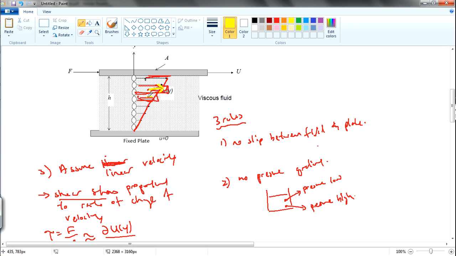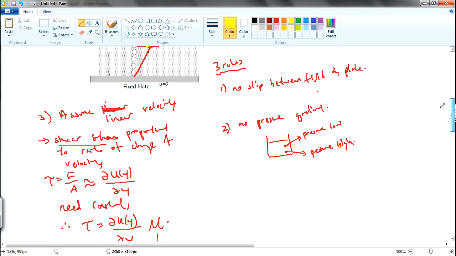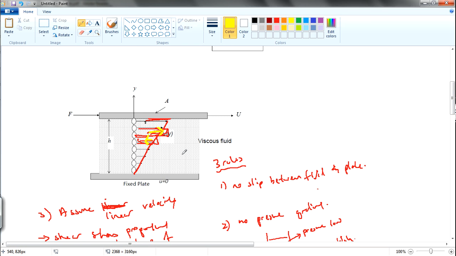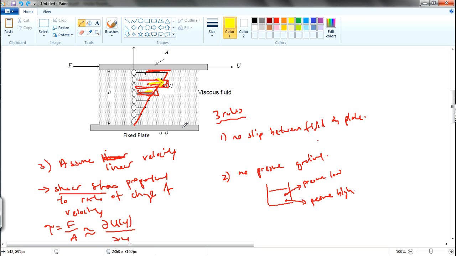This is moving in this direction. There's a certain friction over here because the plate itself over here is trying to pull back. And then the velocity is proportional to the rate of change of the velocity of the fluid. Okay, because as you see